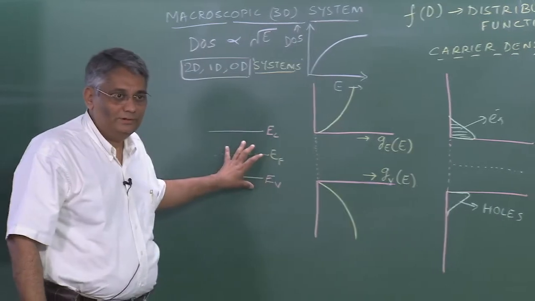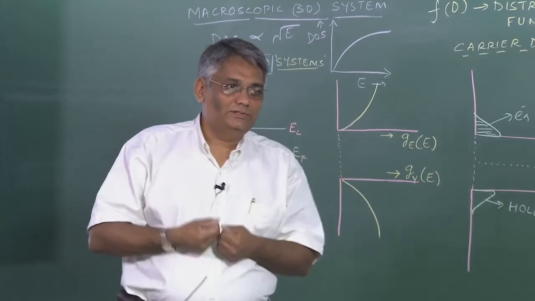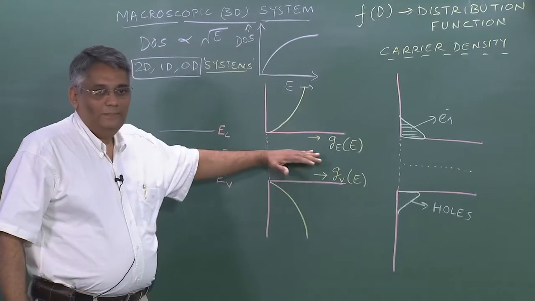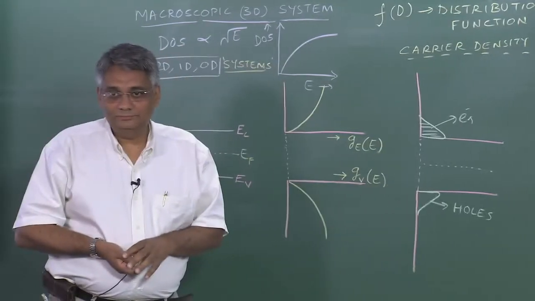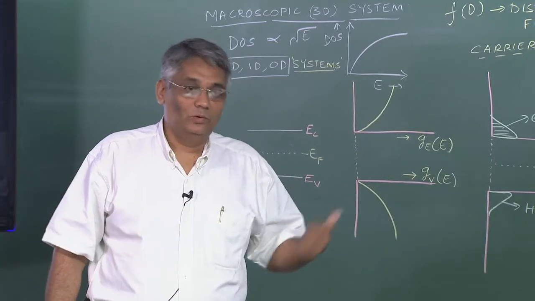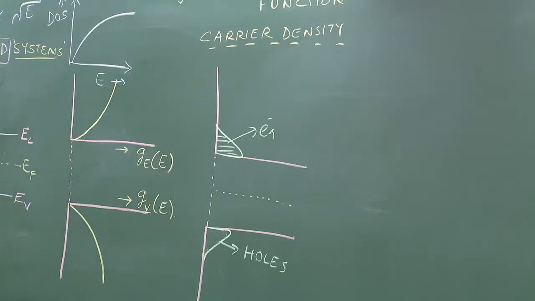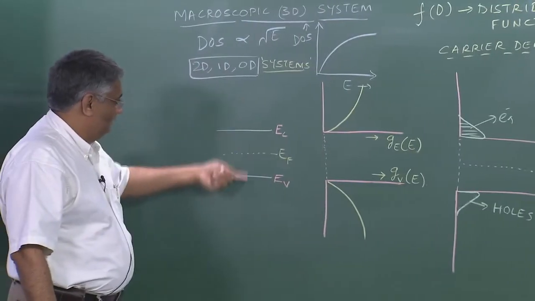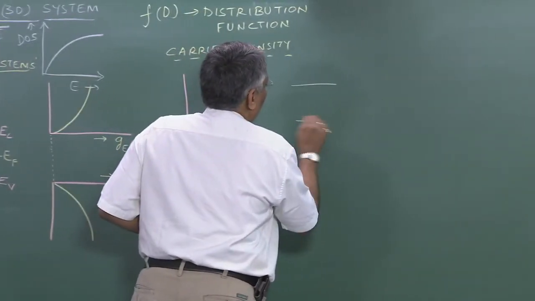Now you have an intrinsic semiconductor, you reduce its dimension, go down to the 2D, 1D and 0D states and see what happens to the density of states, and you need to also see what happens to this occupation, right? Case 1. Case 2, you do the same thing with respect to a doped semiconductor. So you know what happens if the semiconductor is doped now, is it not? So what happens? If you are making it an n-type semiconductor, in the case of an n-type semiconductor,